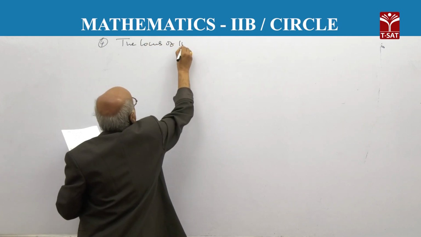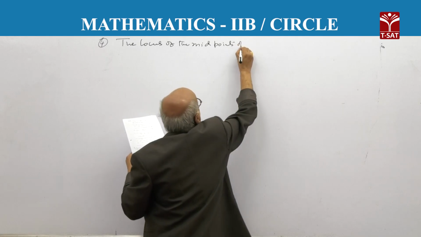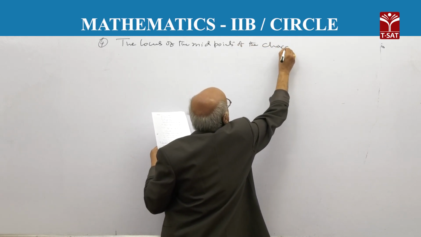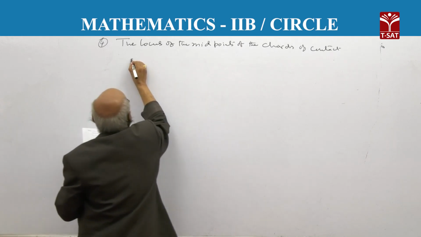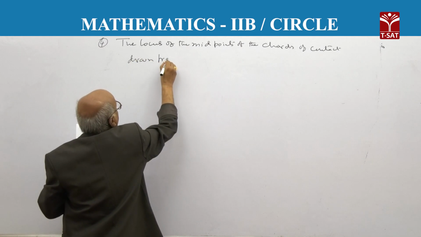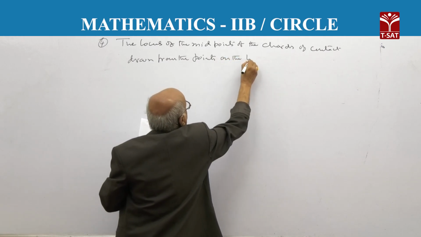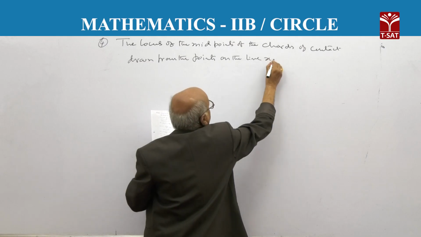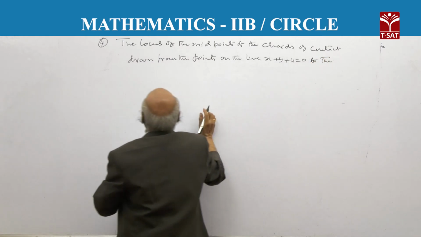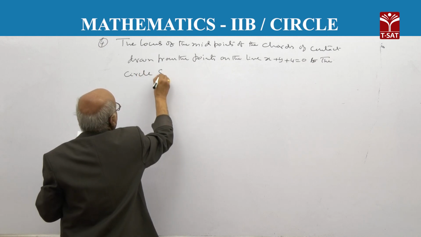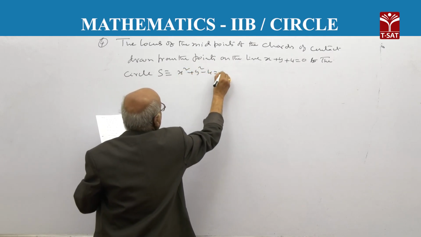The locus of the midpoints of the chords of contact drawn from the points on the line x plus y plus 4 equal to 0 to the circle S is equal to x square plus y square minus 4 equal to 0 is